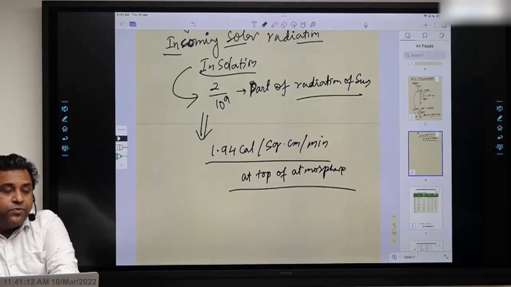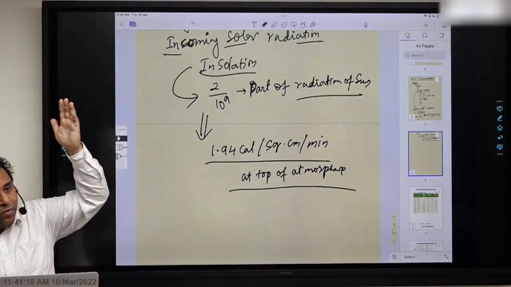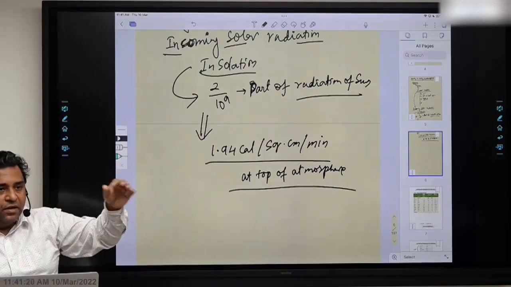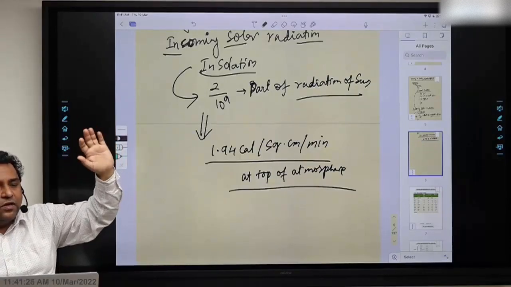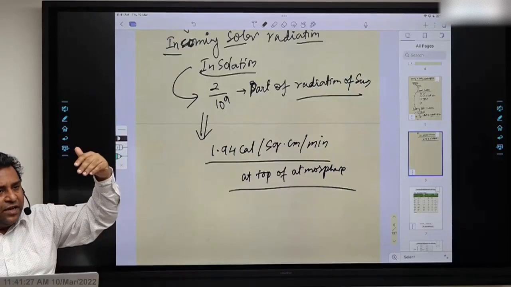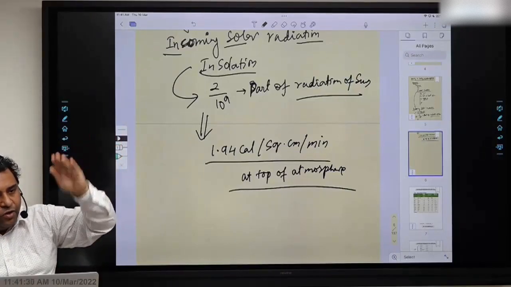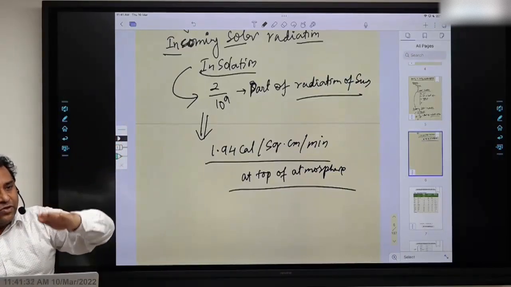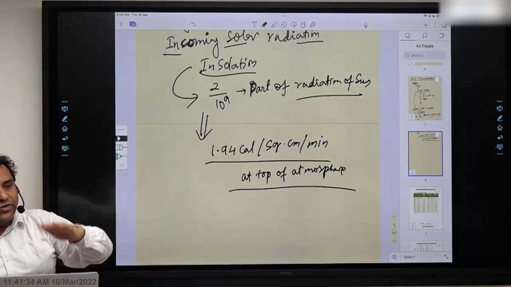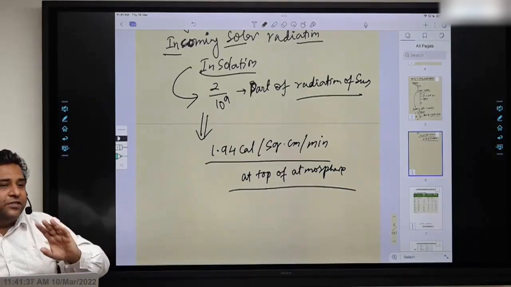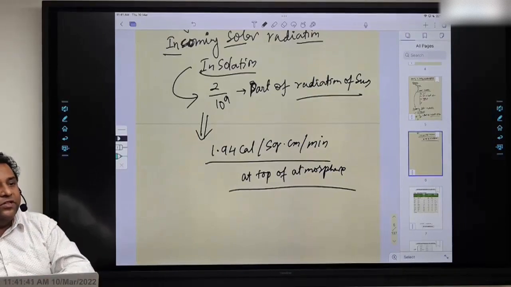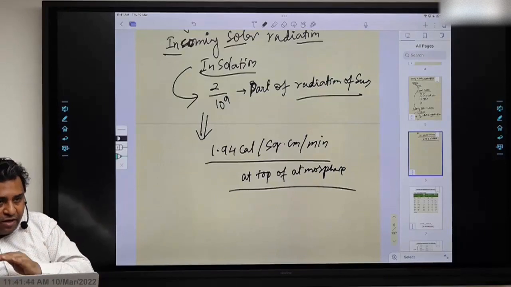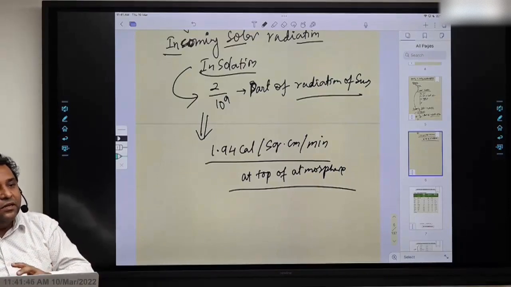We do receive, that's what I said, the Earth's upper atmosphere, the outermost, will receive all the radiation. As it goes on passing, the ionosphere will block, for example, the gamma radiation and X-rays. Then UV radiation, infrared and light will pass on to the stratosphere. Stratosphere will block the UV radiation. Then what will pass on? Infrared and the light. So we in the troposphere get only the light and the infrared.